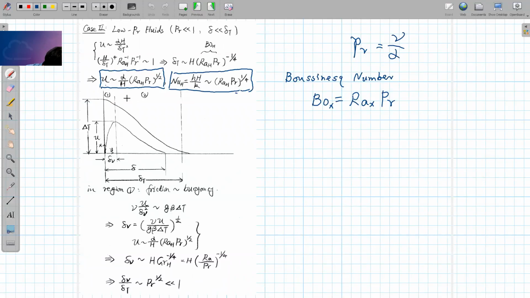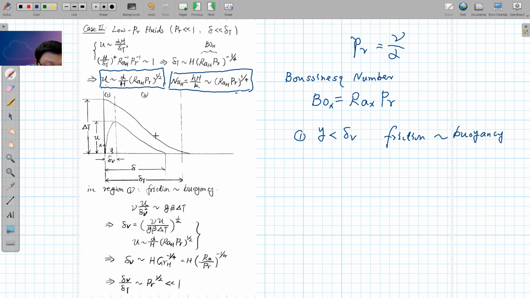And by using this delta V value, we can also separate the boundary layer into two regions, region 1 and region 2. So in region 1, where this Y value is smaller than this delta V, we have three terms in the momentum equation, similar to before: the convection term, the buoyancy term, and the viscous term, or you call it the friction term. So in this region 1, the friction term